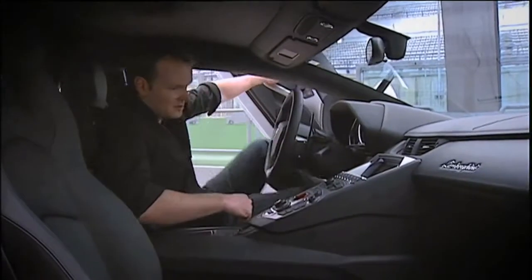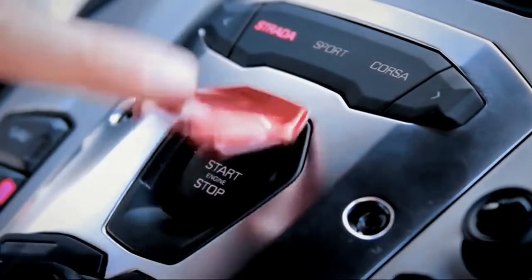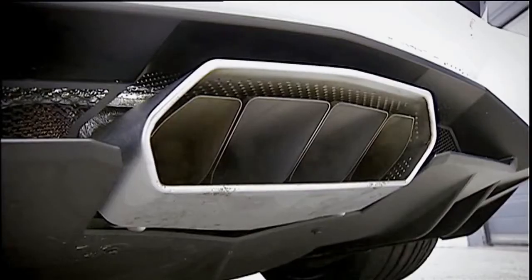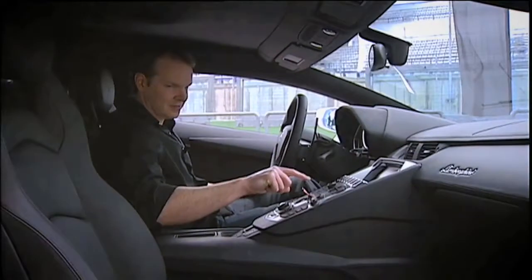You fire up the Aventador by flipping up a red lid over the starter button, the sort of setup that looks like it should arm some sort of weaponry. The TFT gauges are dominated by a 9,000 RPM tach. Start the V12 and it immediately races to 3,000 RPM, just in case anyone in the surrounding half mile wasn't